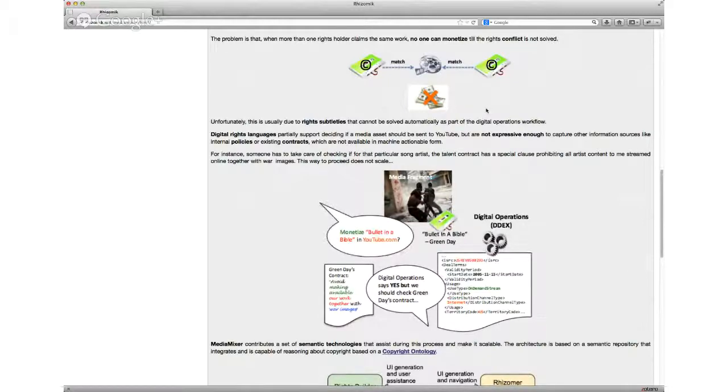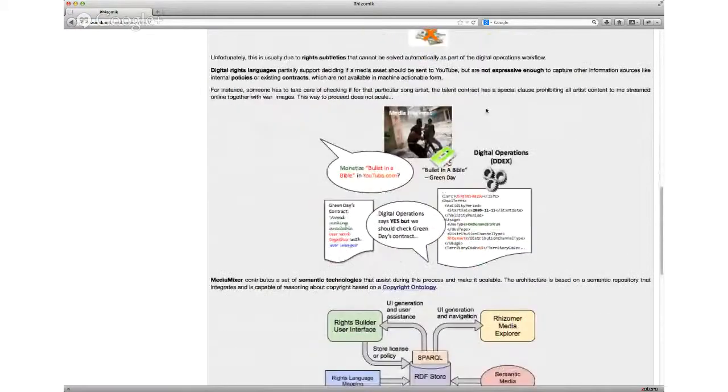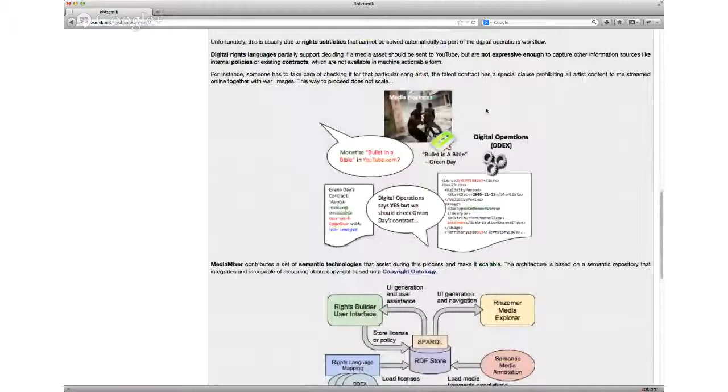And usually this is due to a problem in the interpretation of the rights of that piece of content. Maybe one rights holder has this right on one territory and the other doesn't have it on that particular territory. So this is usually about rights subtleties that are not available in the digital operations that usually drive